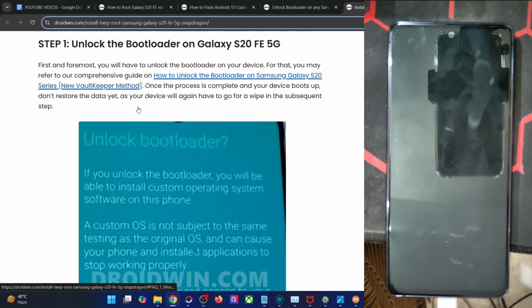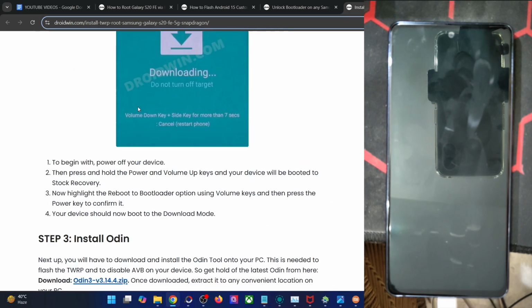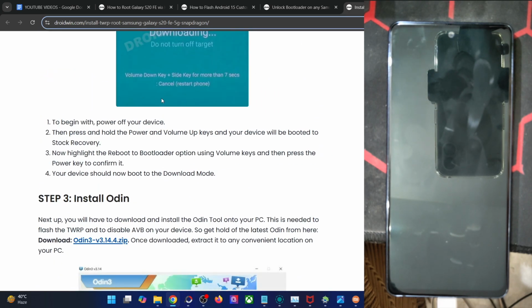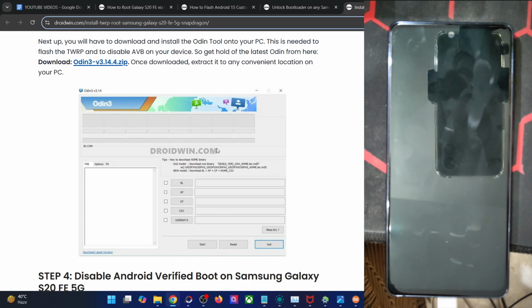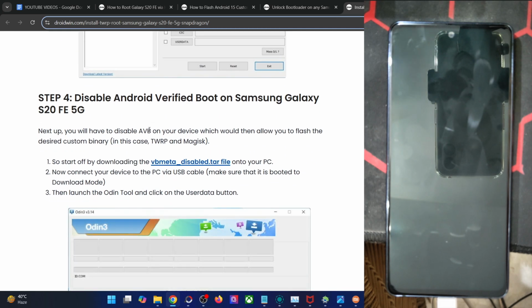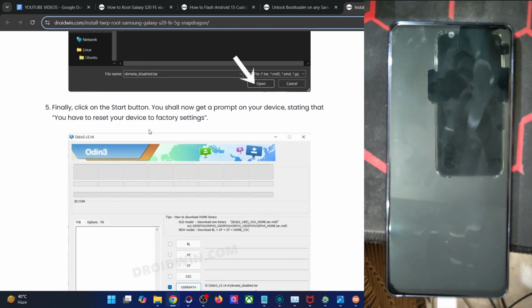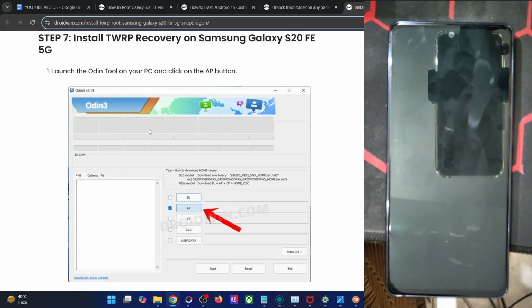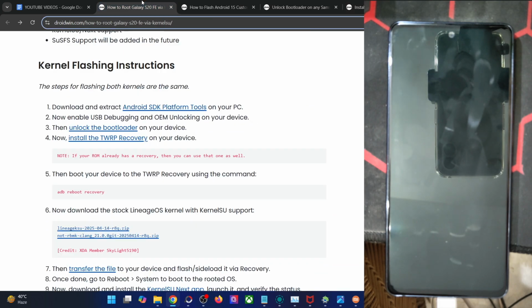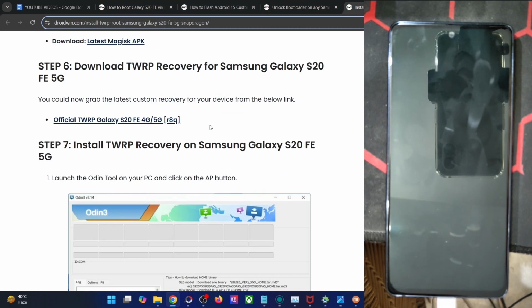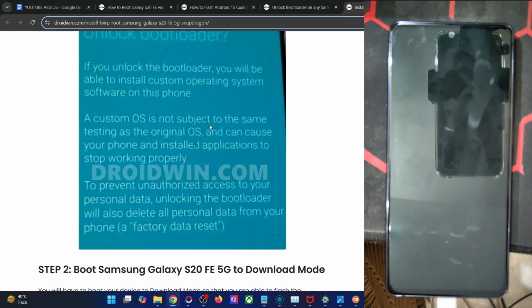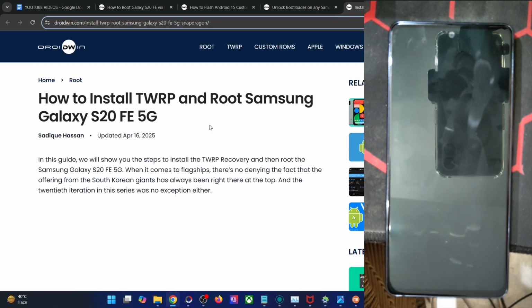Just get hold of the recovery file and the VB-Meta patch file. Then boot your phone to the download mode and flash the file via Odin. Load the recovery file in the AP slot and the VB-Meta patch file in the data slot and flash them. Then boot the phone to the recovery and do a format data once. And the recovery will now be flashed. And your task can complete. You may check out my video as well to get this job done. I made a video on how to flash the recovery on any Samsung phones. So you may have a look at that as well.